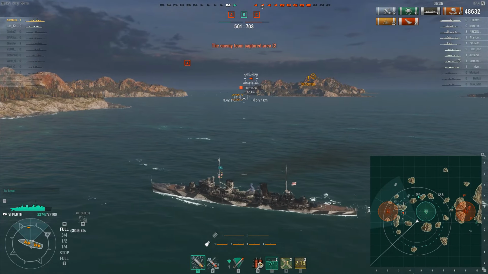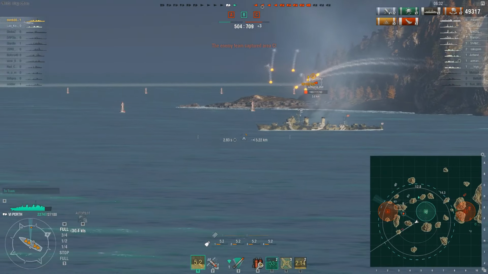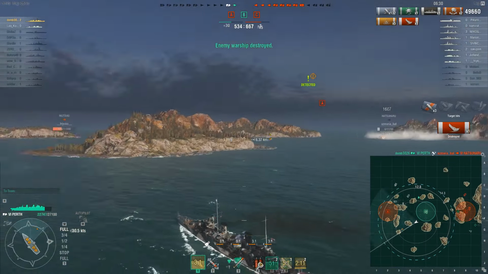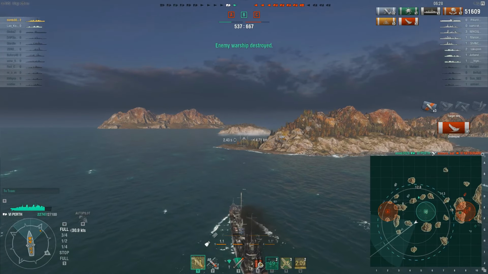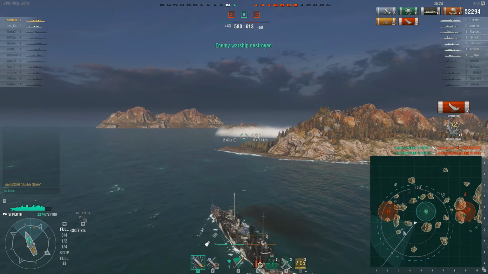And there's that low health Hatsu. This should be a pretty quick kill here. One good volley is all you need, and one good volley is what he gets. One destroyer down, and he's got the other in his sights, and this enemy DD...